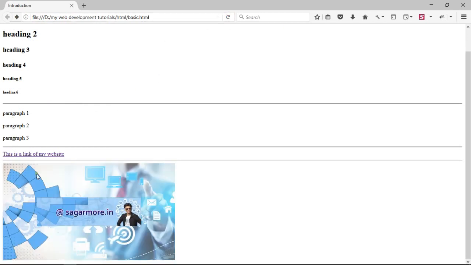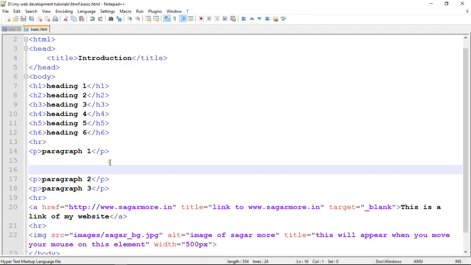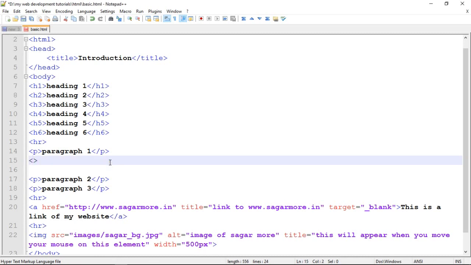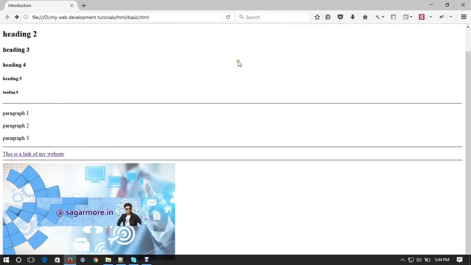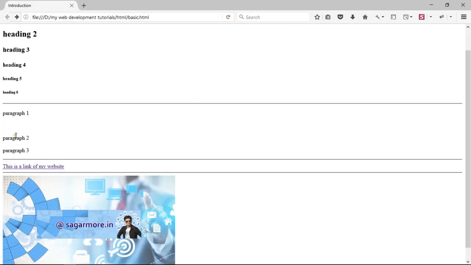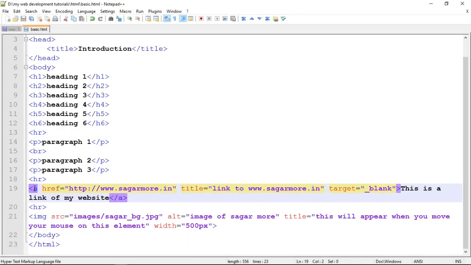Previously, the BR tag was used to make the space between two elements, but the BR tag is deprecated in HTML5 and we should not use that. Instead, there are other methods with which you can actually create the effect of the BR tag. So here are some tips from my side. When we create a tag with the content, then it is called an element. But when we write a normal tag like BR, then it is not an element, it is just an HTML tag.